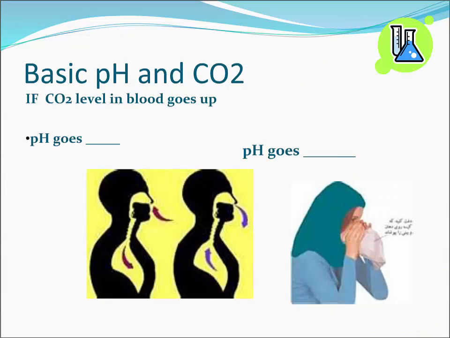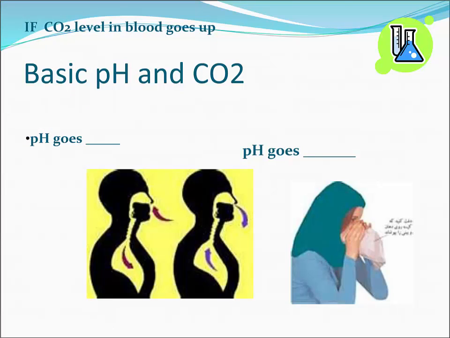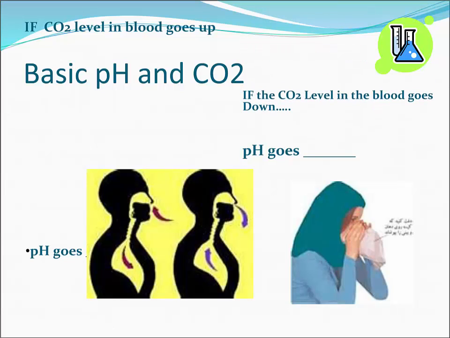Okay, just to reinforce what I just described in the previous slide, if our carbon dioxide level in the blood goes up, because of the inverse relationship with hydrogen ions, our pH will go down, this is acidosis. Conversely, if our carbon dioxide level in the blood goes down, our pH comes up, and that's called alkalosis. So keeping this in mind, why is it sometimes we have people breathe into a paper bag